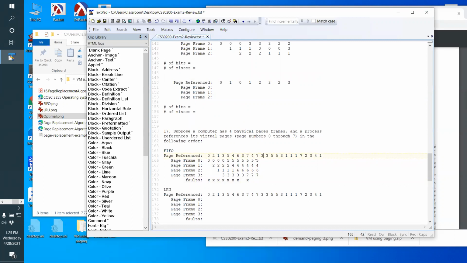And we don't look at access, we look at when it was loaded. When was 5 loaded into memory? 5 was loaded right there. Okay, 4 was loaded right there. Okay, 5 was loaded there, 4 was loaded there, 6 was loaded there, 7 was loaded there. So it's actually 5 that was loaded the longest ago. 5's been in memory the longest. So we're going to kick out 5 and replace it with 3 and leave 4, leave 6, leave 7, and